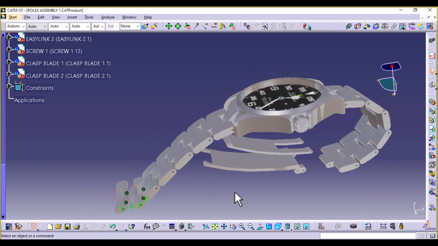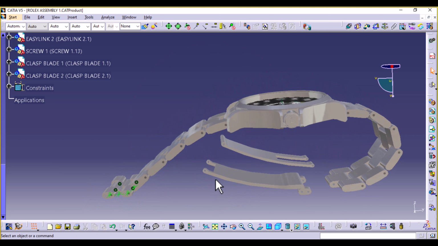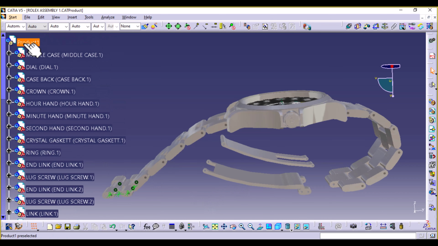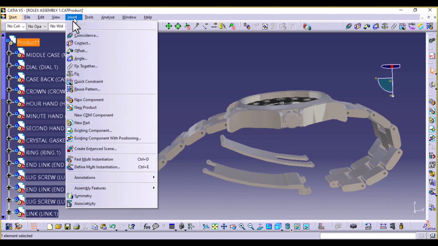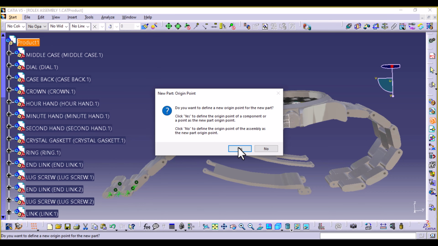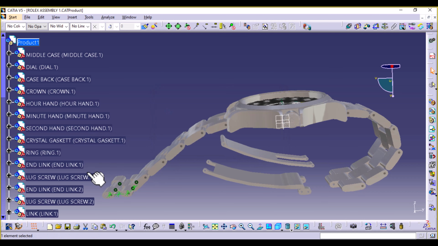Now to connect these two blades, we need an 18 millimeter screw here because we tapered off this blade from 20 millimeters to 18. We cut off 1 millimeter on each side. So you're going to select product 1 and then insert new part. Select no, and then